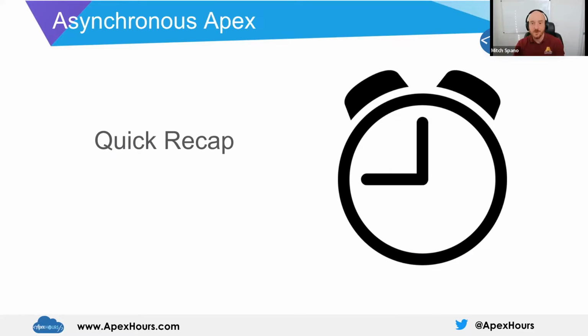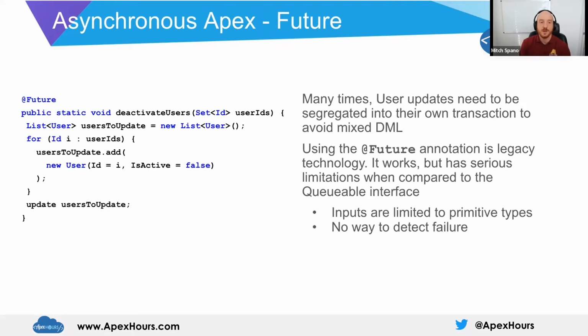So those are just some foundational things that will help us as we understand these mechanisms that we're talking about. But we're just going to focus on asynchronous Apex for the scope of today's presentation. And we'll give a quick recap of some asynchronous processing mechanisms that we have within the Apex programming language. So the oldest and most classic way that we can segregate some of our processing to a different transaction is